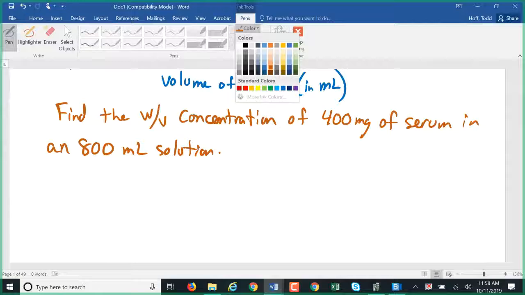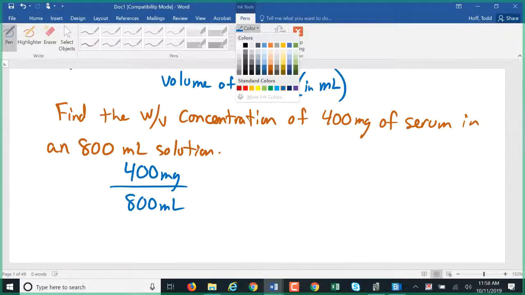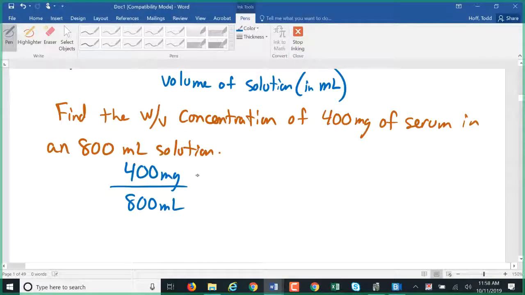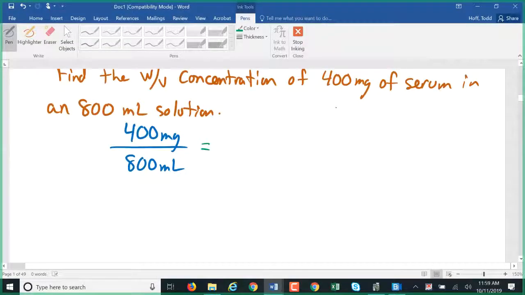Now, as we look at that, that looks like a really high concentration. It's not. It's a really low concentration. 400 milligrams over 800 milliliters is the volume of the total solution. But am I going to leave that 400 milligrams? No, it has to be grams compared to milliliters. So that's actually